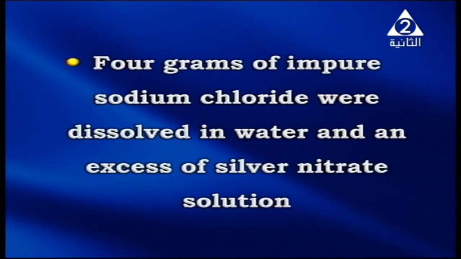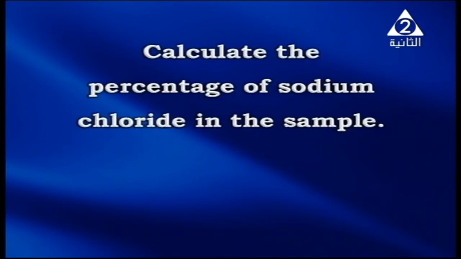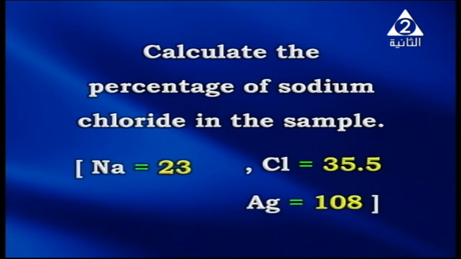Next type of question, which is a problem. 4 grams of impure sodium chloride were dissolved in water and an excess of silver nitrate solution was added to precipitate 9.256 grams of silver chloride. Calculate the percentage of sodium chloride in the sample. Here the atomic mass of sodium equals 23, chlorine equals 35.5, and silver 108. Solution: